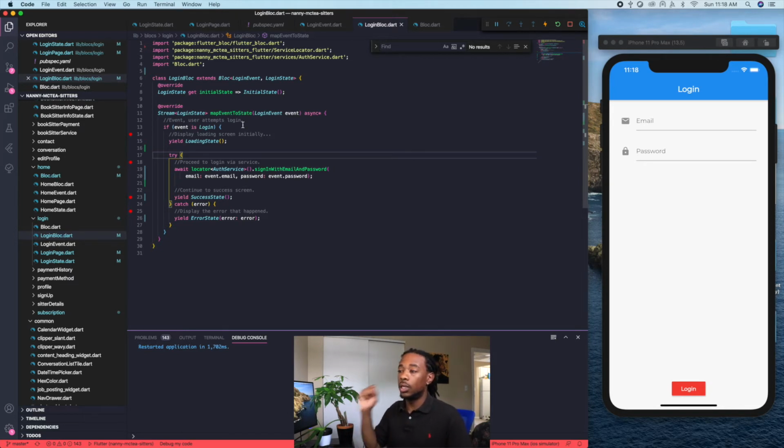because it's going to be constantly moving through the background. It's always going to be listening for events, and when an event takes place, we do some calculations and update the state. So for example, the only event that we have for this app right now is the login. So when login takes place,